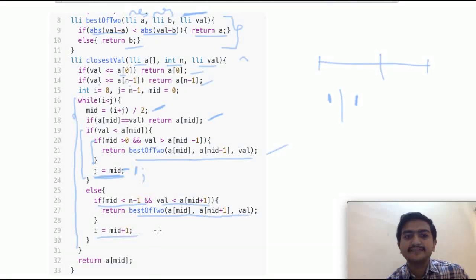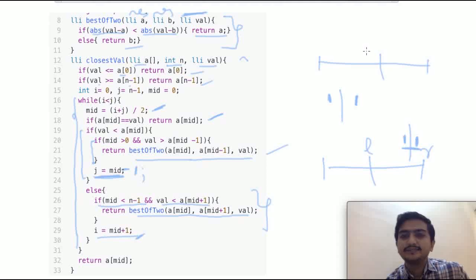And i becomes mid plus 1. Similarly for the increasing order case, if it is in between the two points, take the best of these two. Otherwise, again decrease the range by half. So j is the right pointer and i is the left pointer here.